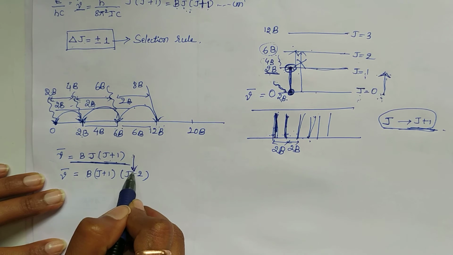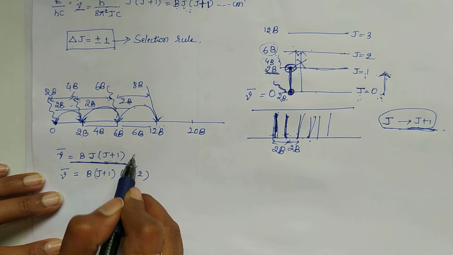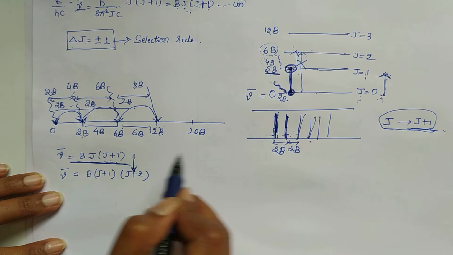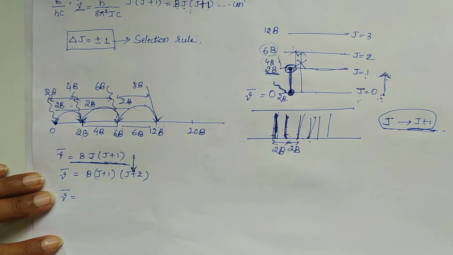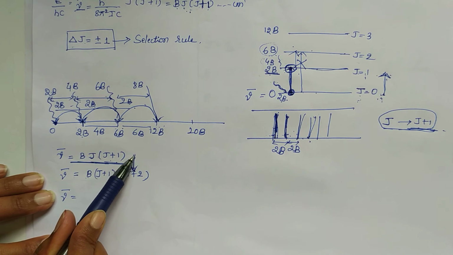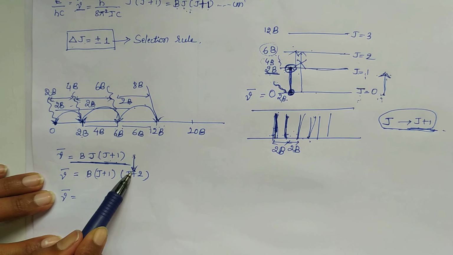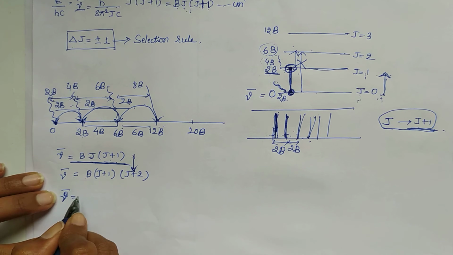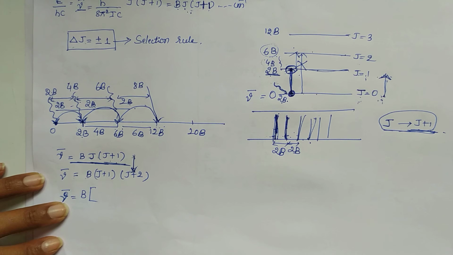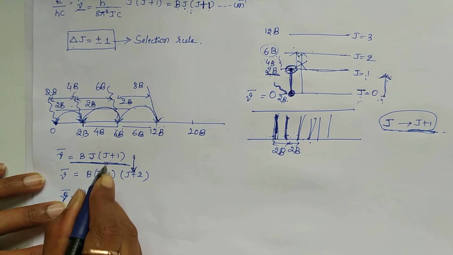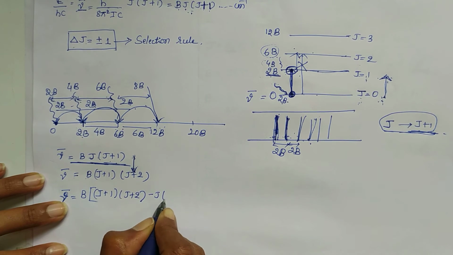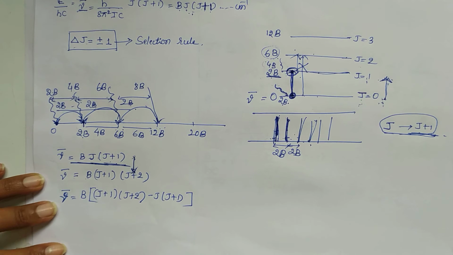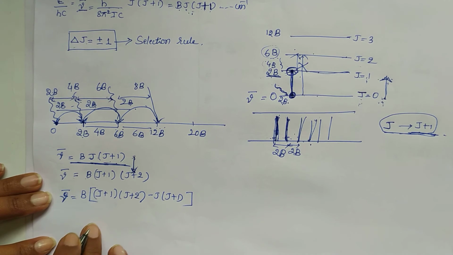This energy state to this energy state, this transition gives a line in the spectrum, that is, nu bar for the spectral line, the wave number of the spectral line. We get a spectral line when the molecule makes the transition from this state to this state. Then the expression for the wave number of such a line is B constant from both these terms, J plus 1, J plus 2 minus J, J plus 1. This is the expression for the wave number of a line in the spectrum.